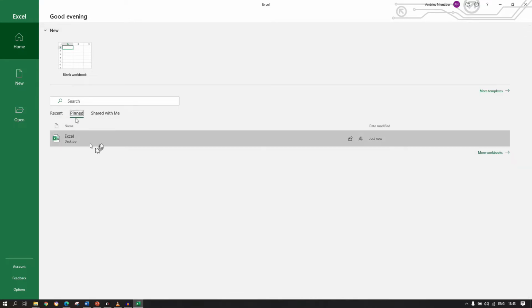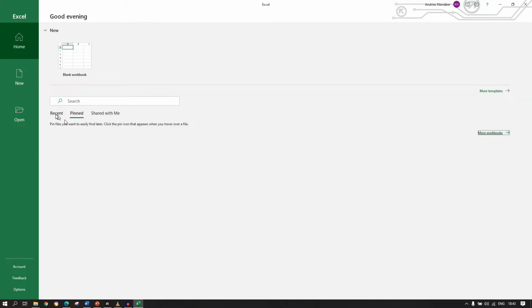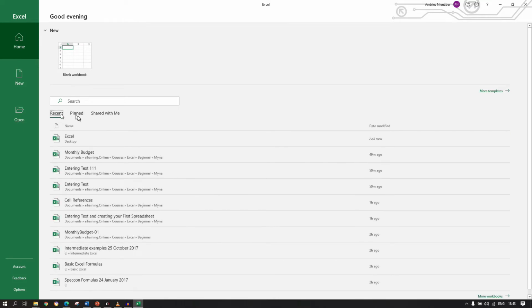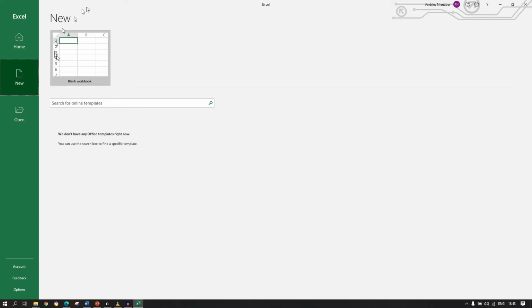You can see that this file is pinned, and pinned files are very useful, especially if you are using a file over and over and over. To unpin the file, simply click on the icon and it is removed. Then to open a new work file, you can just click on new, you'll click on blank workbook, and